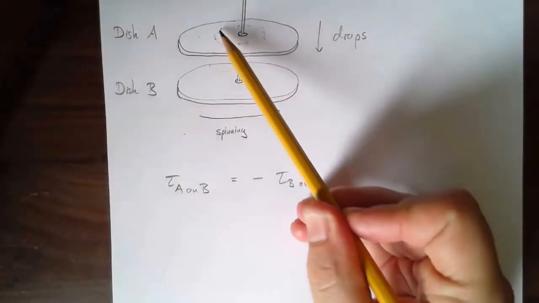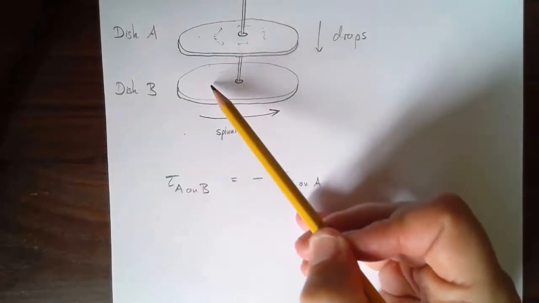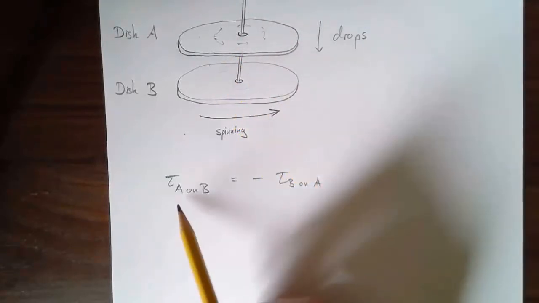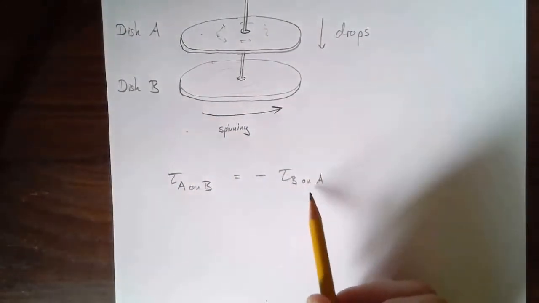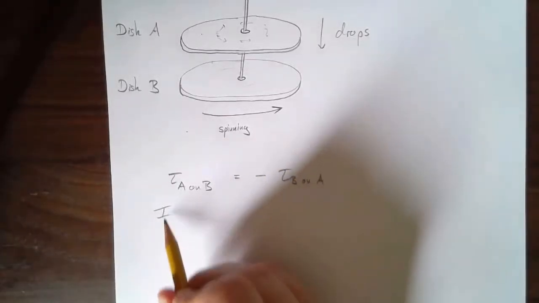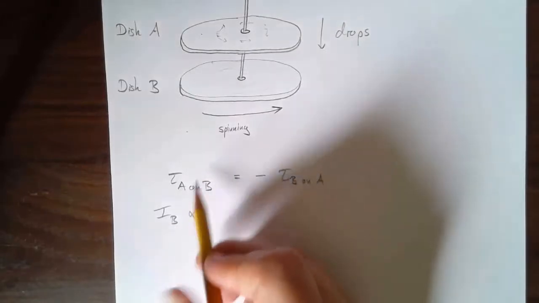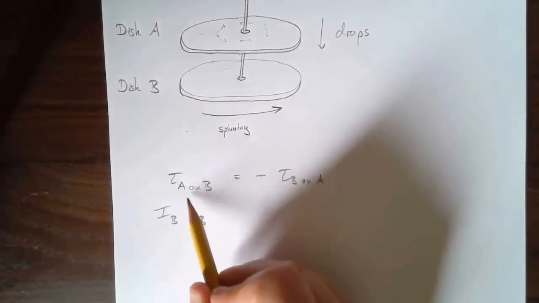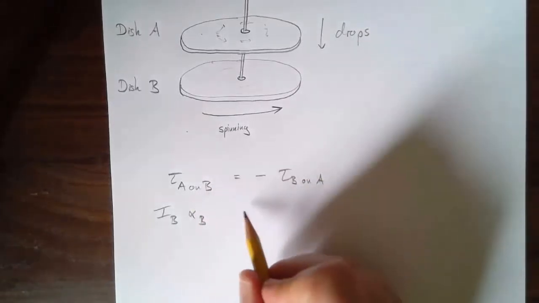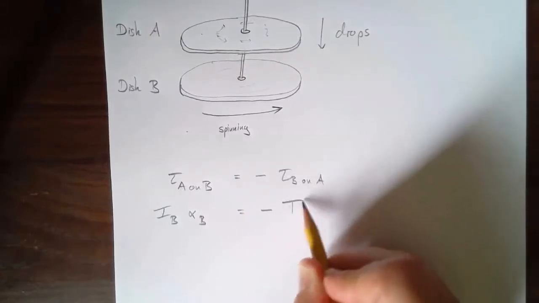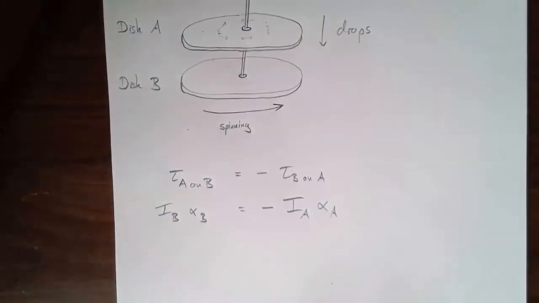And it follows from the fact that each force that contributes to the net torque on either one of the disks has a third law partner on the other disk. Now, what does this imply? Well, this is the torque on B, this is the torque on A. So this one is going to be equal to the moment of inertia of B times the angular acceleration of B, because this is the torque on B, just by A, but on B means it's affecting B according to Newton's second law of rotation. And then that's equal to minus the moment of inertia of A times the angular acceleration of A.